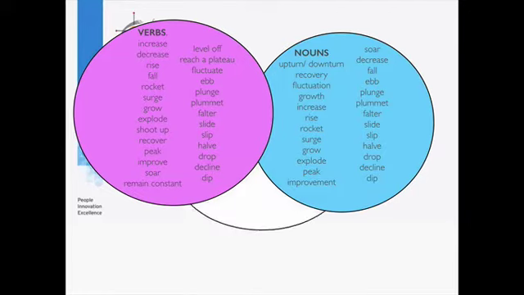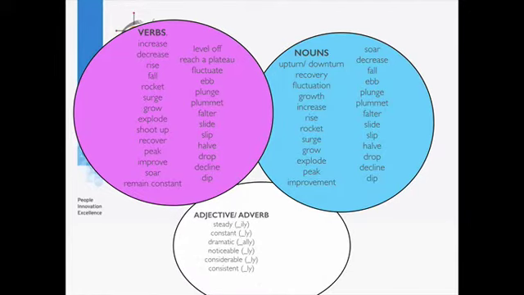And then also the next set is adjectives and adverbs, which is the same as the previous slide really. Steady, constant, dramatic, noticeable, considerable, consistent, slow, fast, substantial, rapid, slight, volatile, and conspicuous from the previous list that I showed you. Now, here the important thing is to remember, are you using a verb or are you using a